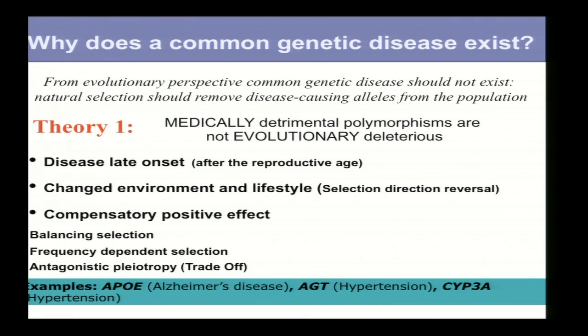Our ancestors many years ago, the ancestral population in Africa, was in a different environment compared to the modern US population, for example, and natural selection is acting in the opposite direction. Or you can think in terms of compensatory effects being balancing selection, so heterozygotes have advantages over both homozygote forms, frequency-dependent selection, or something like various trade-offs, which as geneticists we call antagonistic pleiotropy.